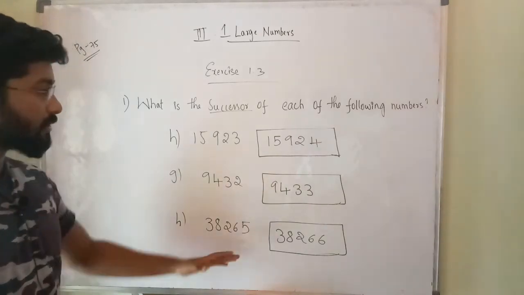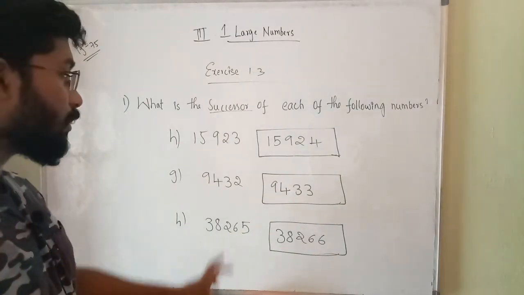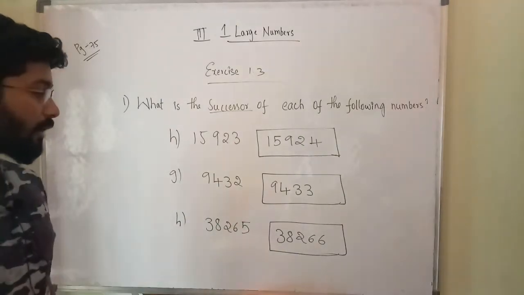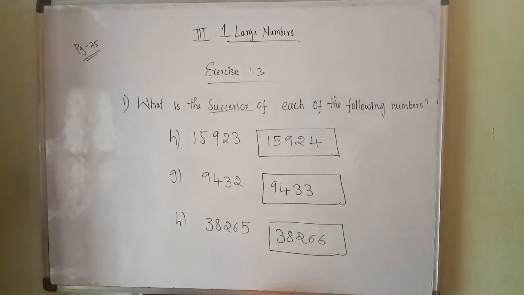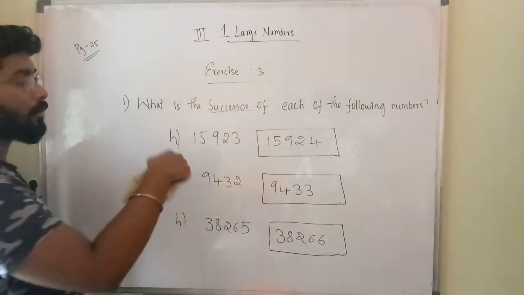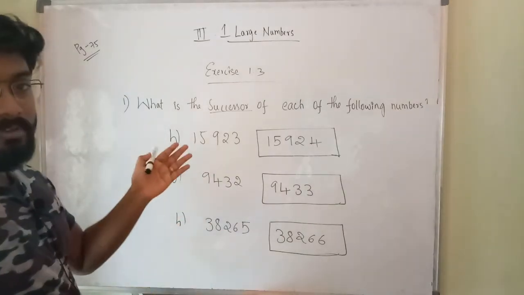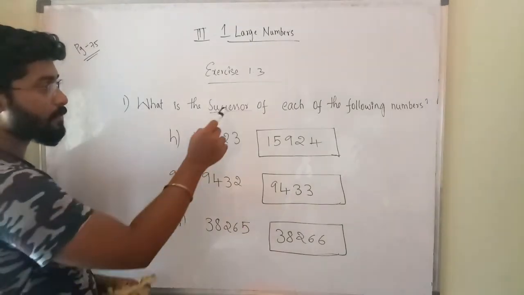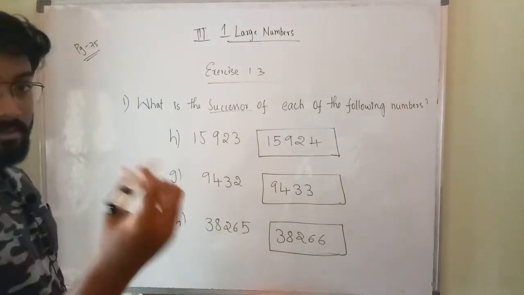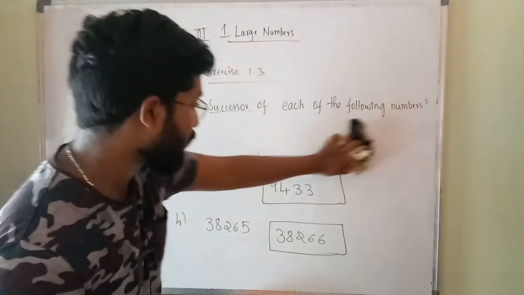If it is a big number and you are getting confused, you can do +1 and write. If you can do it directly, write directly. Clear? So with this, we have completed the first bit. You have to read the heading. Here successor is there now. You have to write the successor. Just now I got confused because I was explaining that for successor you have to do +1, for predecessor you have to do -1. So in the flow I thought this is a predecessor, but you should not get confused like that in exams. Okay. Clear?